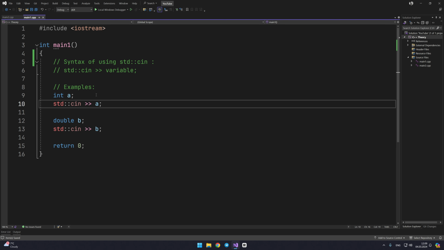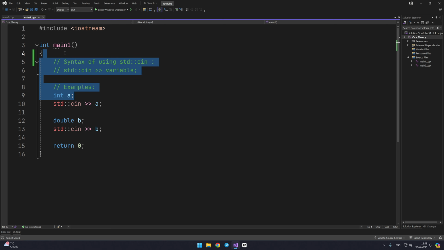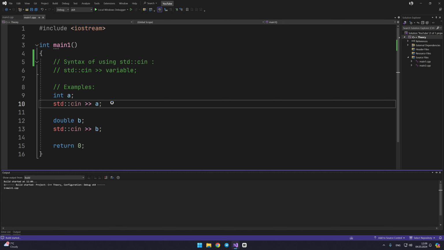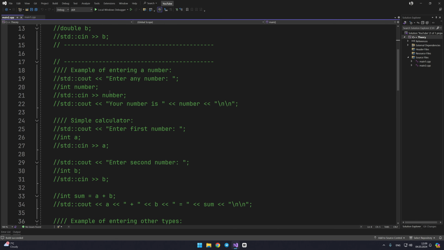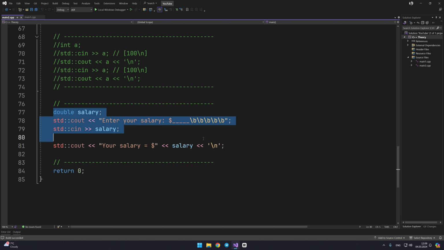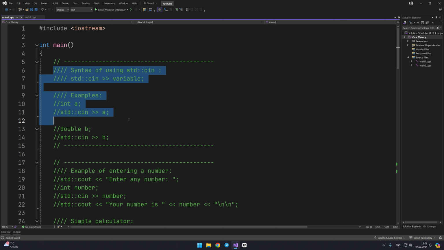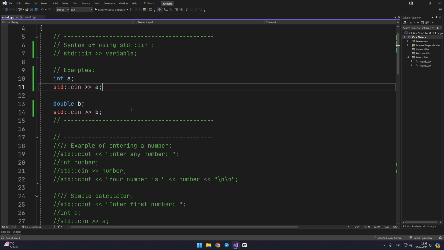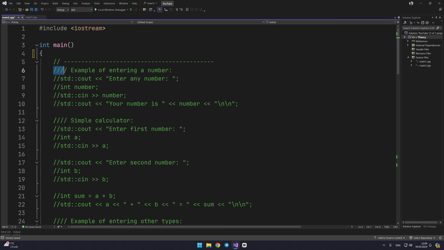Remember that the computer executes commands one by one from top to bottom. Therefore, first the computer will execute all the commands that will be written above this one. And when it reaches this command, the program will stop, a blinking cursor will appear on the screen, and the program will wait for data input. You'll have to enter the data, press enter, and only then the value will be written to the variable. After this, the following commands will begin to be executed. Don't forget that you can enter data from the keyboard as much as you want and anywhere in the code, as long as you create the variable earlier.